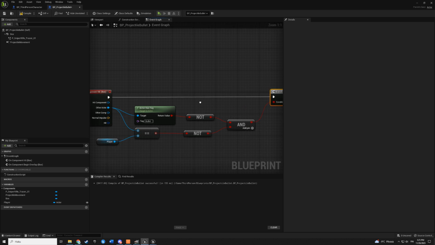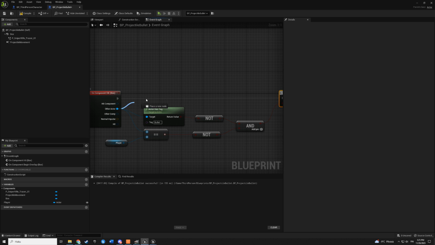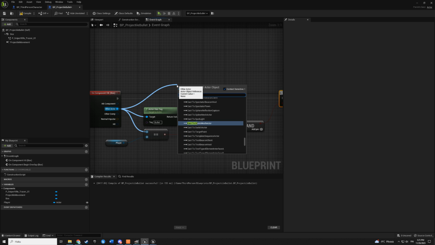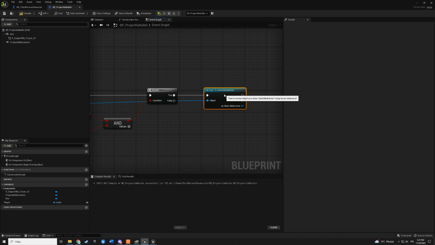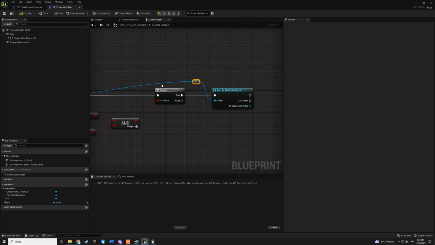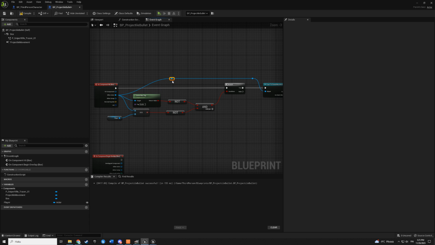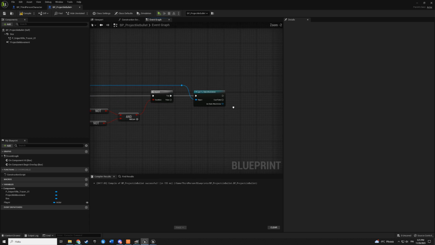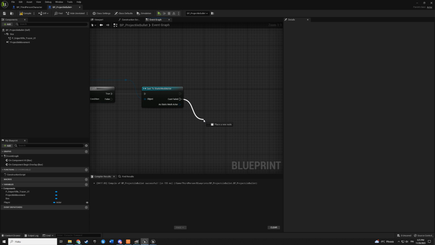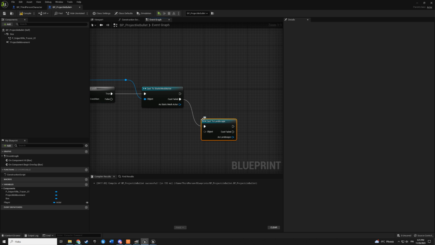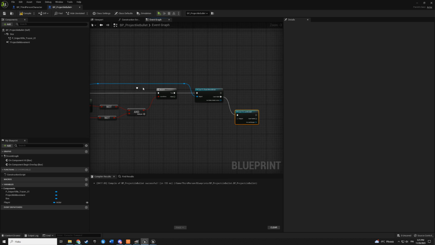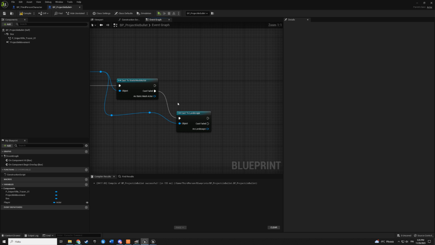Now let's take this and then we can cast the static mesh actor. So when we hit any static mesh actor, like walls or any props you have, and then if it fails, we can cast the landscape. You probably have landscape in your game, and that is not a static mesh actor. So we need to cast also to here.